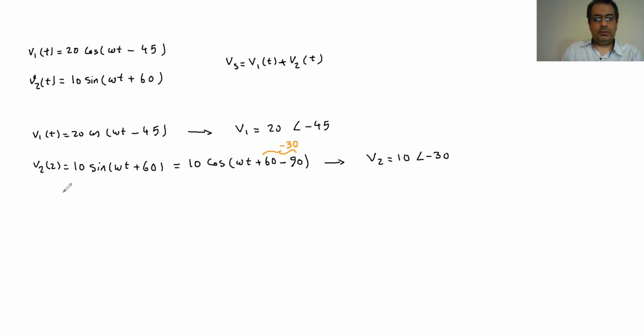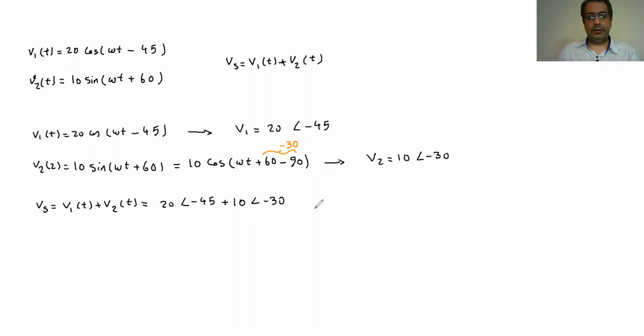Now I will do this calculation. So the Vs is going to be V1 plus V2. So it's going to be 20 with angle negative 45 plus 10 with angle of negative 30. And if you have your calculator, you can simply plug it in your calculator and do the calculation. But I'm just going to write the complete solution. Again, these are in polar format. The easiest way to add and subtract is